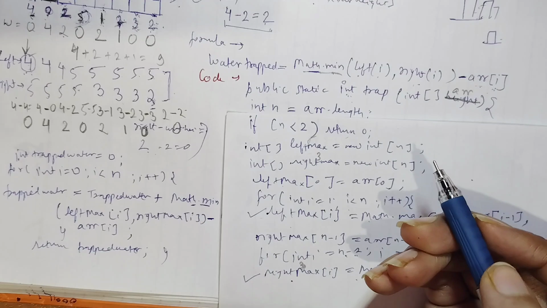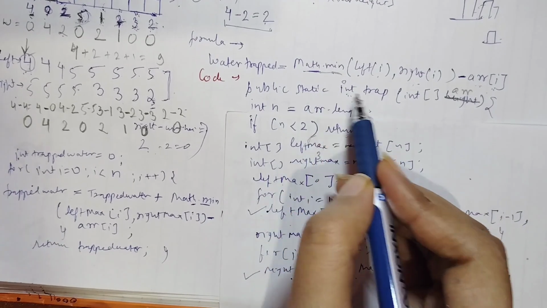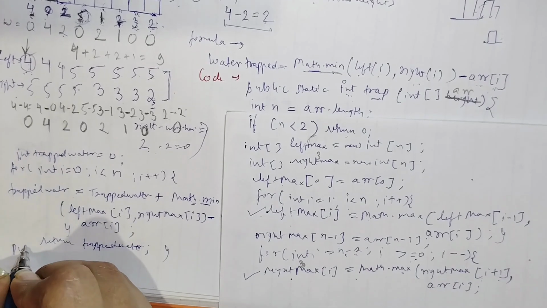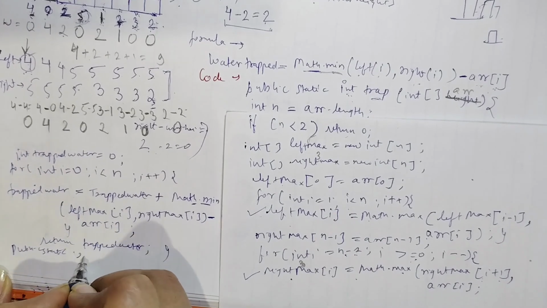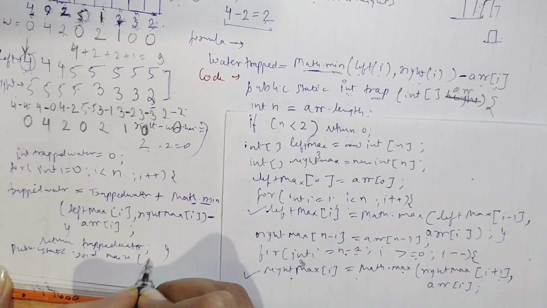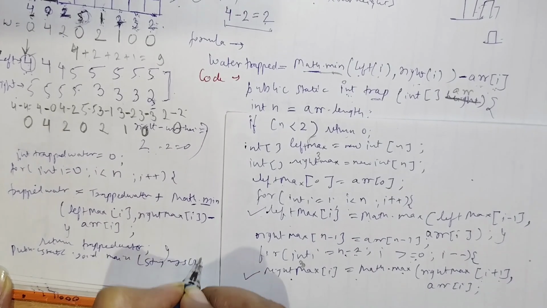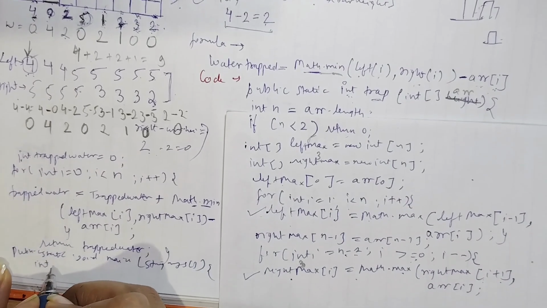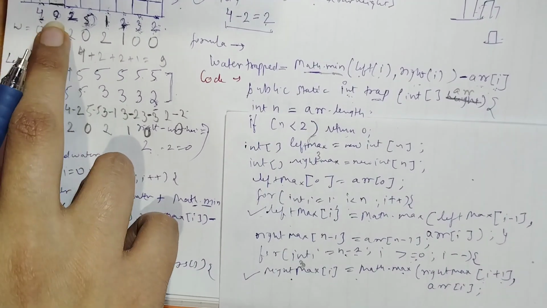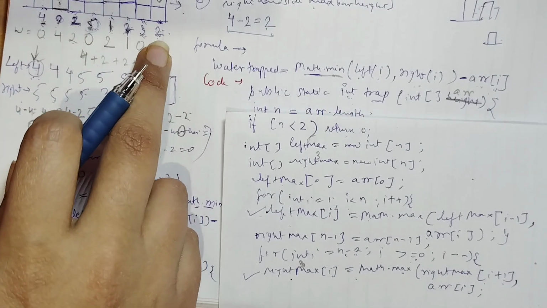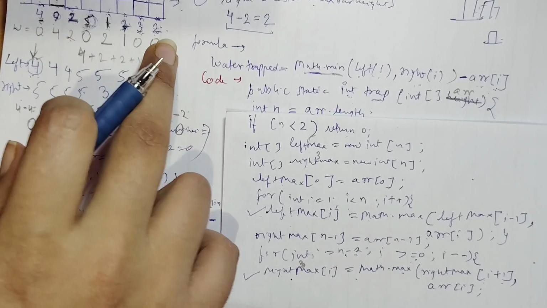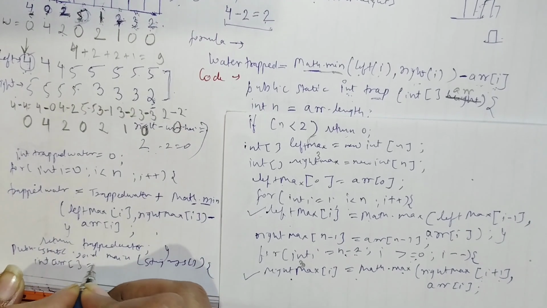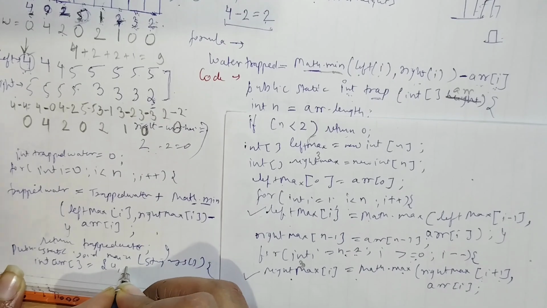So now we have written our whole code. We have to only write our main function so that we can call this trap function from our main function. For writing this, we will write public static void main String args. Okay, so now we have to give it our input. Our input is this, 4025122, because we have to find its rainwater trapped value. That's why we are writing here array